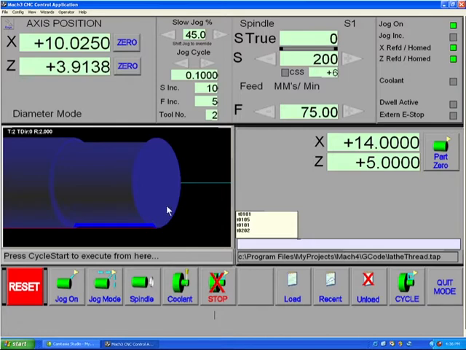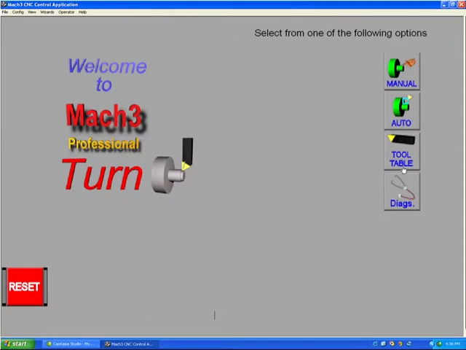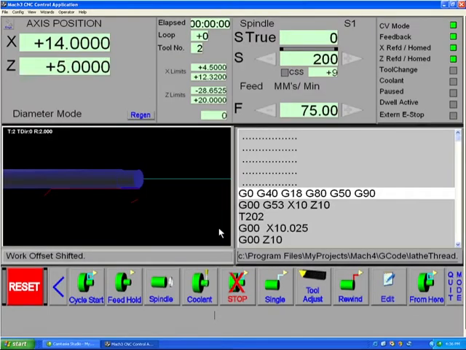Now, we've gone through how to set up to the stock by jogging in, taking a skim, measuring this distance, and entering it into the XDRO, and hitting part 0. But how about a tool table? Well, if we quit mode and look at the tool table, you'll see we have a touch button. You can, on the other screens,